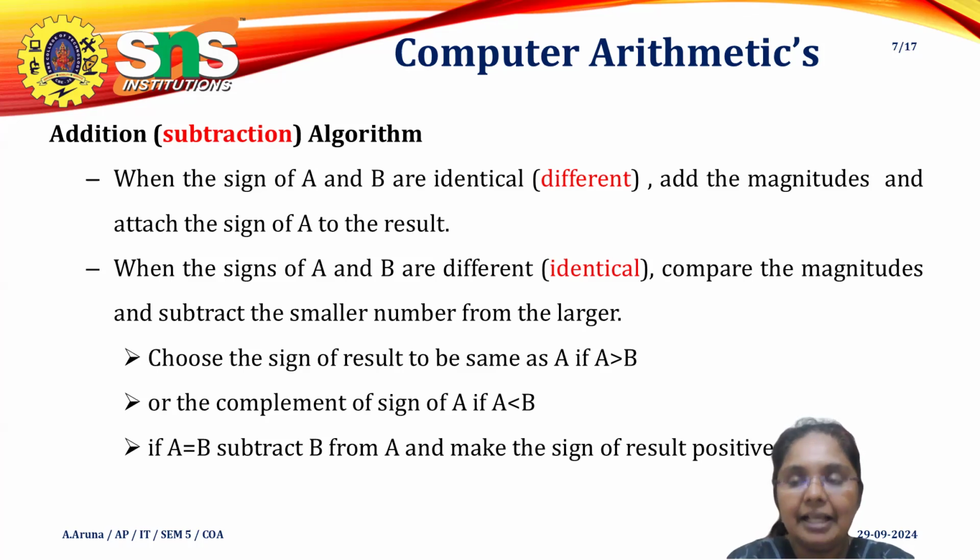If both are equal, then both can be deleted, so the result will always be zero. Zero has no sign, it doesn't have a negative sign, so automatically we take it as positive. If A is greater than B, then A is my largest number and B is my smallest number. In this case, I have to subtract, and also attach the sign of my largest number.